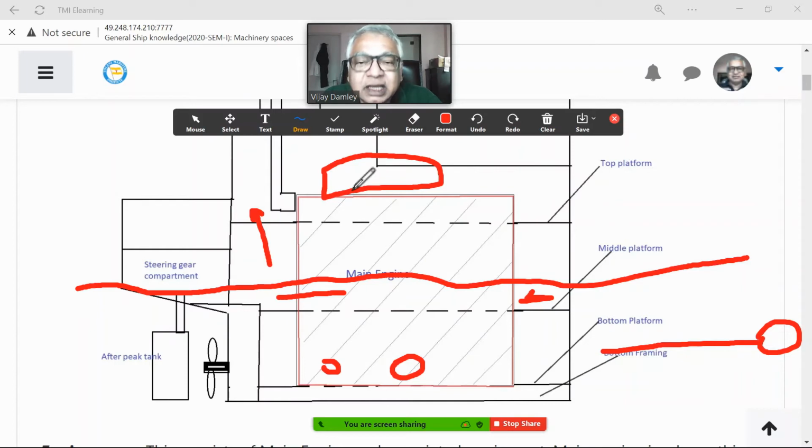Similarly, in case of fire, if you need water to extinguish fire, and suppose the fire is in the engine room, how will you start the pumps and all? Even if you're remote, it doesn't mean the pump will be working at all. So an emergency fire pump is also there. Again, that is never ever in the engine room.